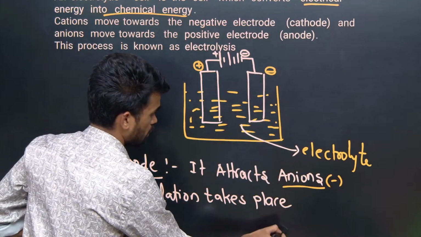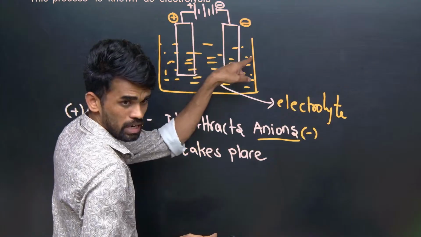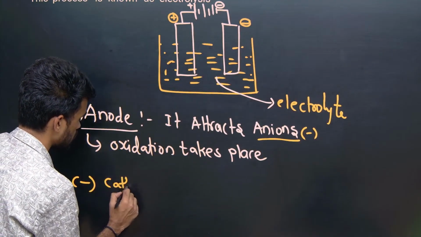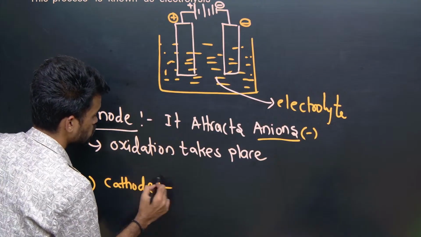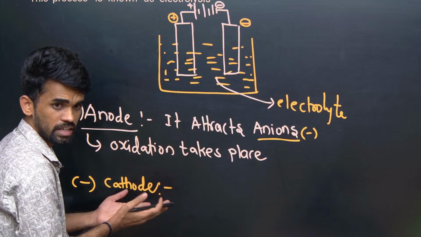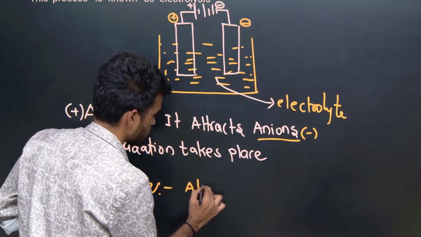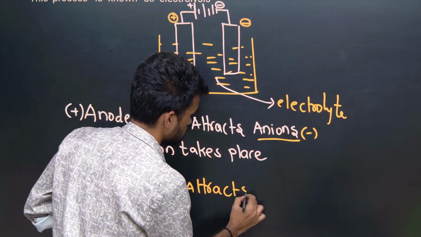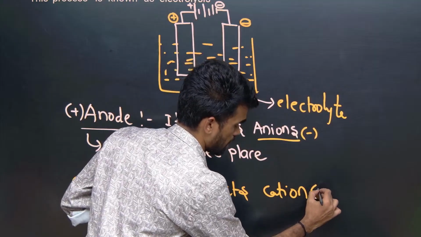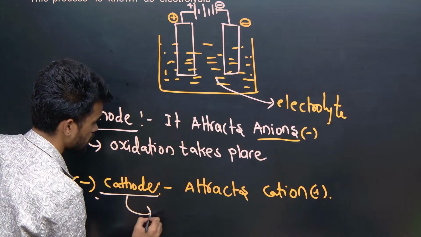Okay. Next, if oxidation is taking place, then we have one more electrode now. That is the cathode, which we can take as the negative terminal. So the cathode, we are saying now, attracts cations. Cathode attracts cations. Cations means positive charge. And what happens here, I am saying? Reduction